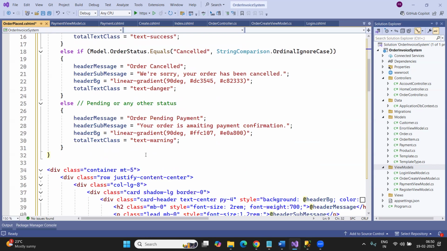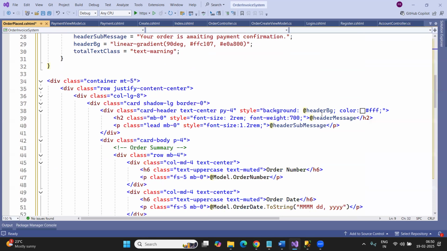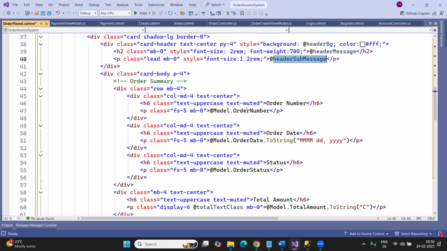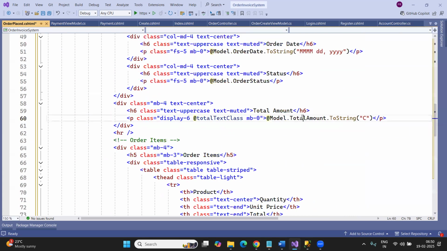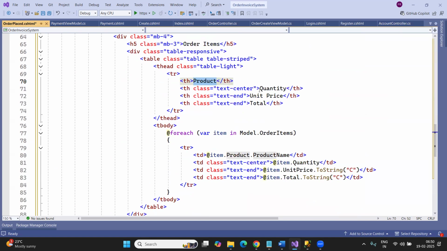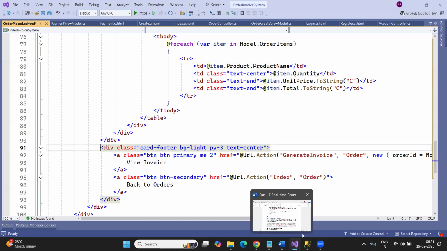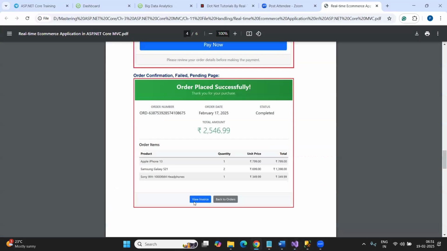That's clear. Right now, once this is clear, next I need to use this header message, header sum message, order summary: what is the order number, what is the order date, what is the order status, what is the order total amount. This is my product, quantity, unit price, total amount; all this information I have provided. And at the end I have provided a few buttons, to view the invoice as well as to